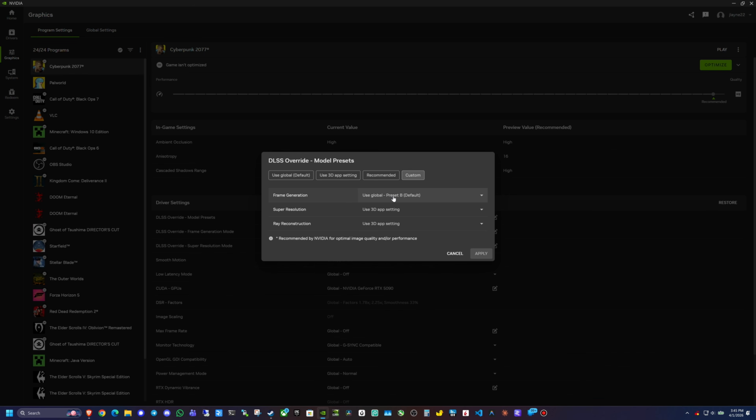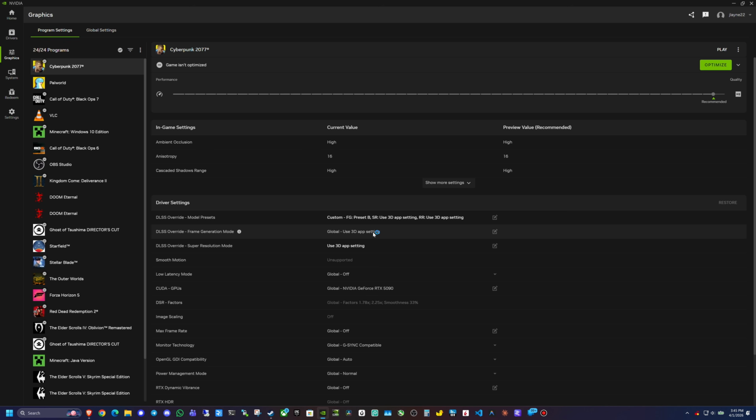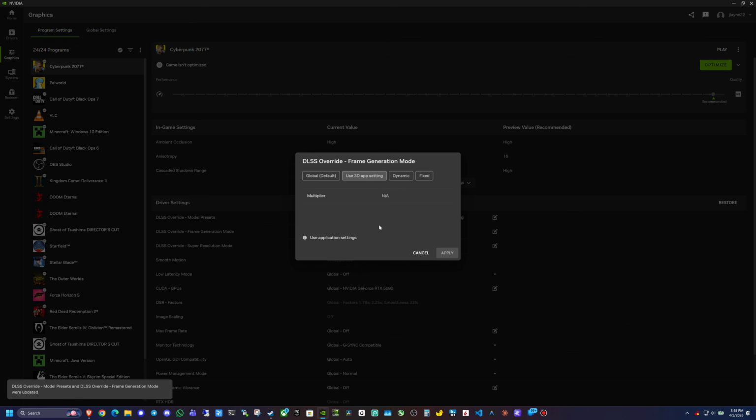So I actually ended up having to change it on a per app basis here to B to get that to kick in. I don't know why it wouldn't kick in, but it wanted to stick with A no matter what I did, unless I did it from the program settings itself, which is another reason I prefer just doing it on a per program basis, because then I know that the settings I set are locked in and that there's not any bugs when it comes to the global override. So I'm going to go ahead and lock in preset B,